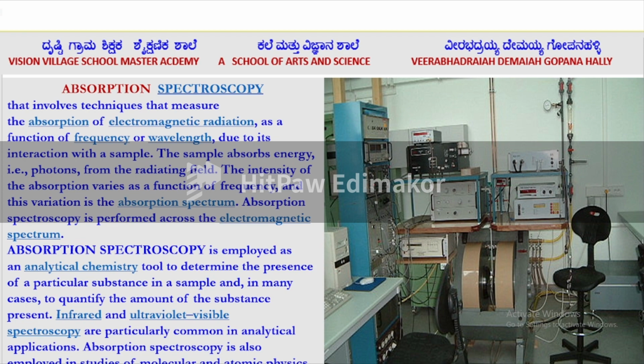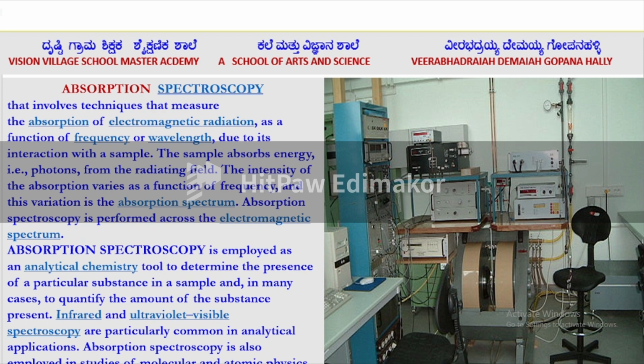Well, absorption spectroscopy is performed across the electromagnetic spectrum. It is employed as an analytical chemistry tool to determine the presence of a particular substance in a sample, and in many cases, to quantify the amount of substance present. Infrared and ultraviolet visible spectroscopy are particularly common in analytical applications. This is the sophisticated